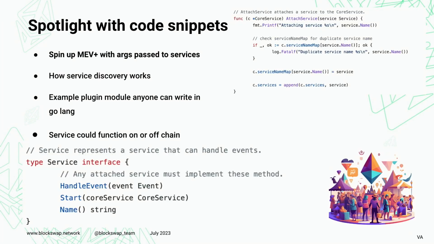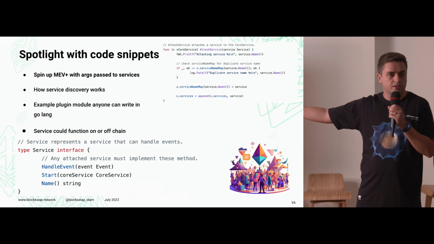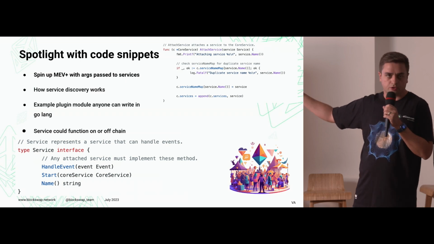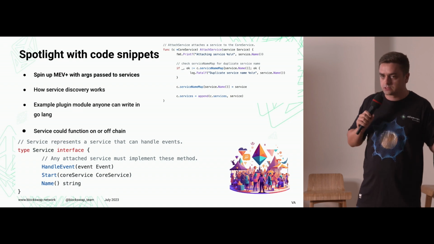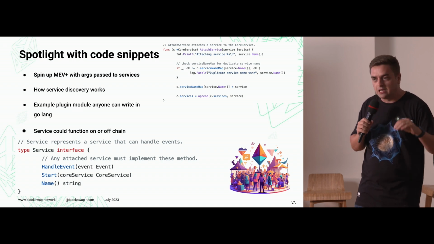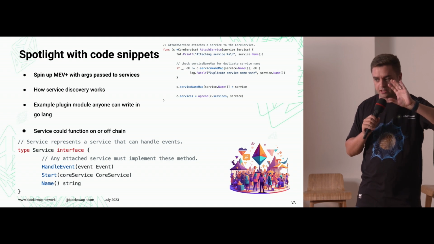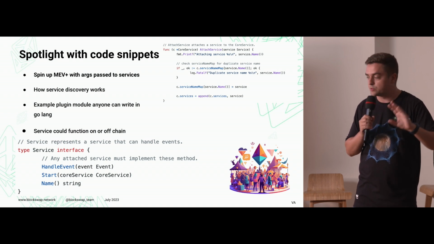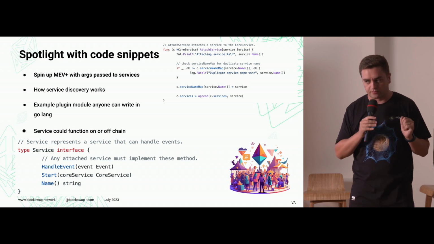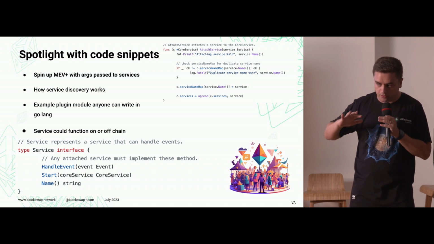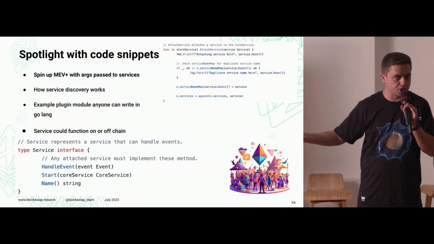So this is a Golang service interface. Very straightforward. You need to handle an event. You need to respond to a start command that's triggered during service discovery, and you just need some kind of identifier. Outside of that, your logic is your logic, and the core is simply event management, and services react and perform actions on the basis of that. So you can have all kinds of innovations